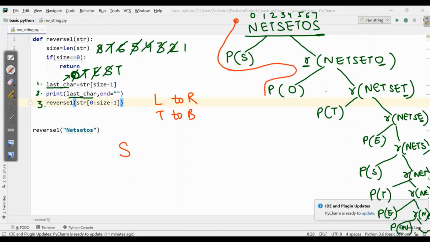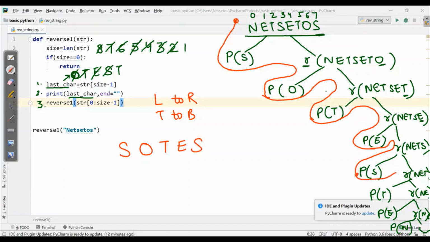Then it is asking for printing of O. Then again it will go left to right, printing T. Then again it will go print of E. Then again it will go further, printing of S. Then again T. Then again it will go E. And here it will print N.